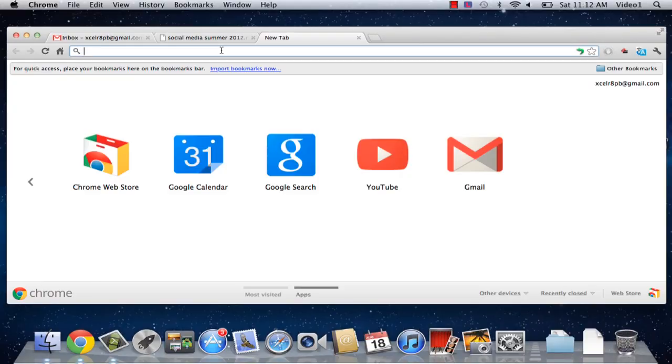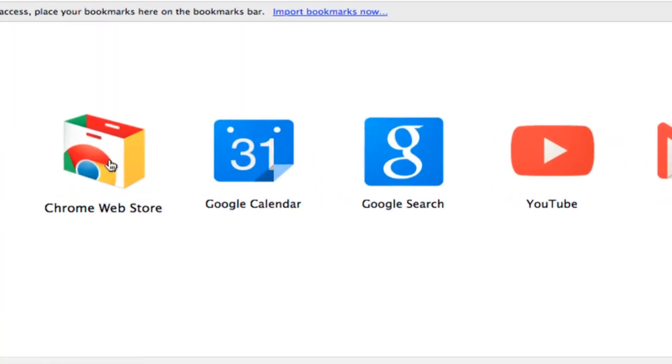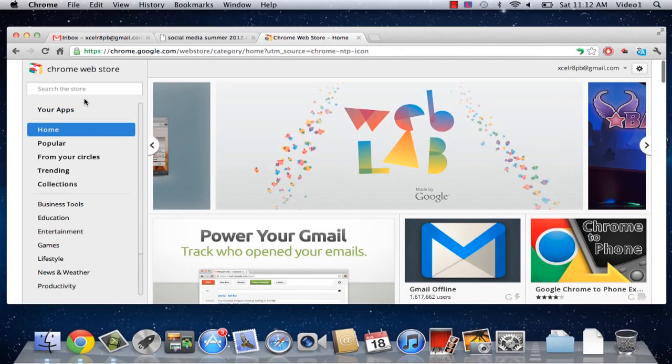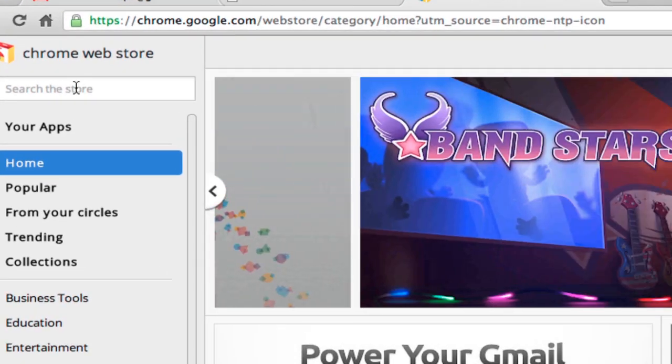So, our first thing in Google Chrome is that we're going to have a new tab open, and then we're going to go to the Chrome Web Store right here. So we're going to click that. Now Chrome Web Store will pop up and we are going to go to the search bar on the left hand side and we're going to type in